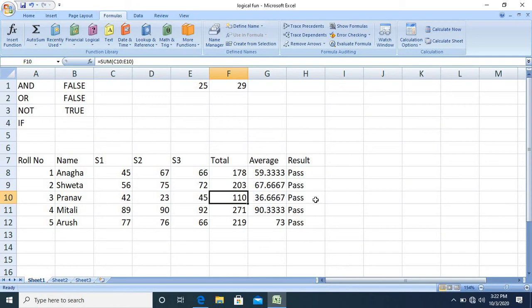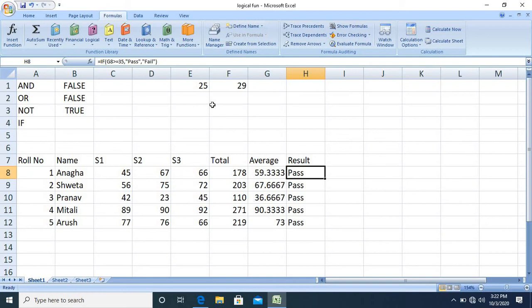Suppose the criteria for passing is that all the marks should be greater than 35. If all the marks are greater than 35, only then the result should be displayed as pass, otherwise fail. So in this case, instead of checking percentage or average, we have to check the marks in all the subjects.